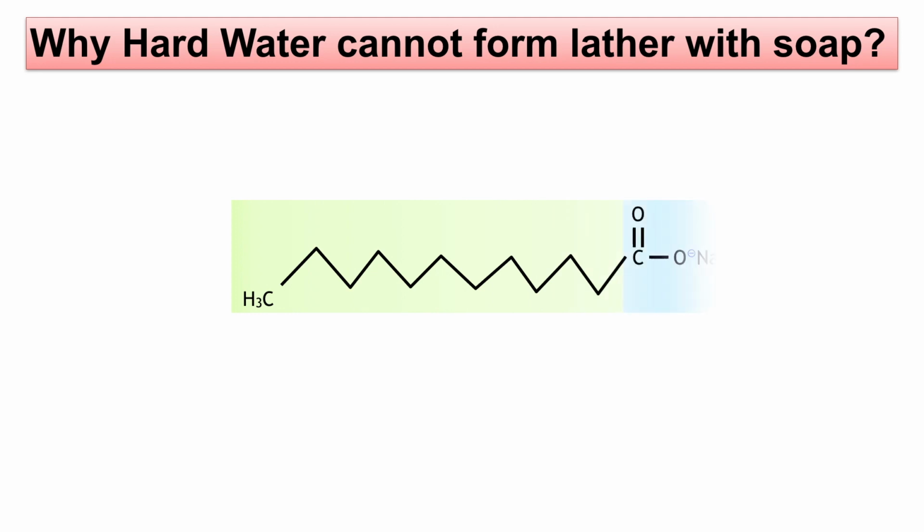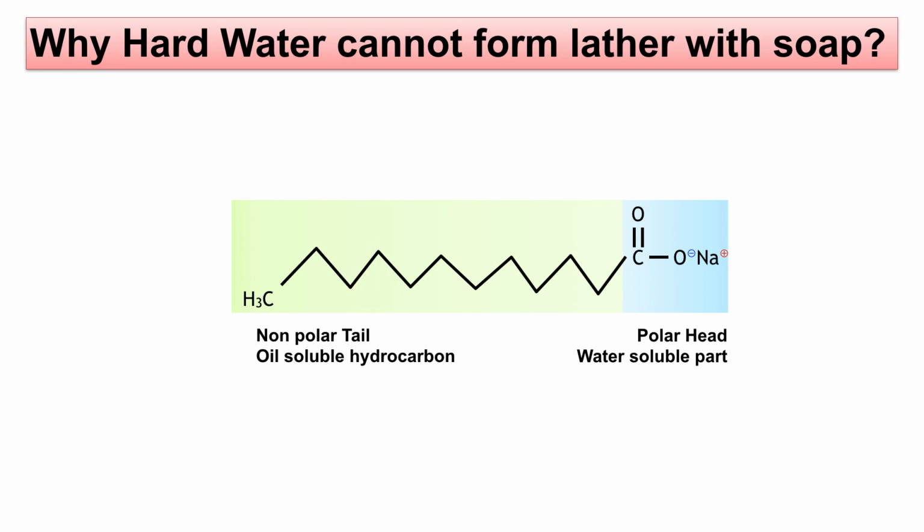One is the hydrophobic part, another is the hydrophilic part. The hydrophobic part is a long hydrocarbon chain which contains only carbon and hydrogen. So this part on your left hand side is called the hydrophobic hydrocarbon chain, which hates water but loves oil because it is the hydrophobic part. There is another part which is the hydrophilic part, which is the ionic part, which contains the Na+ and COO- part. This is the ionic part, which is the polar part, which loves water because it is the hydrophilic part. So basically your soap contains one hydrophobic part and another hydrophilic part.